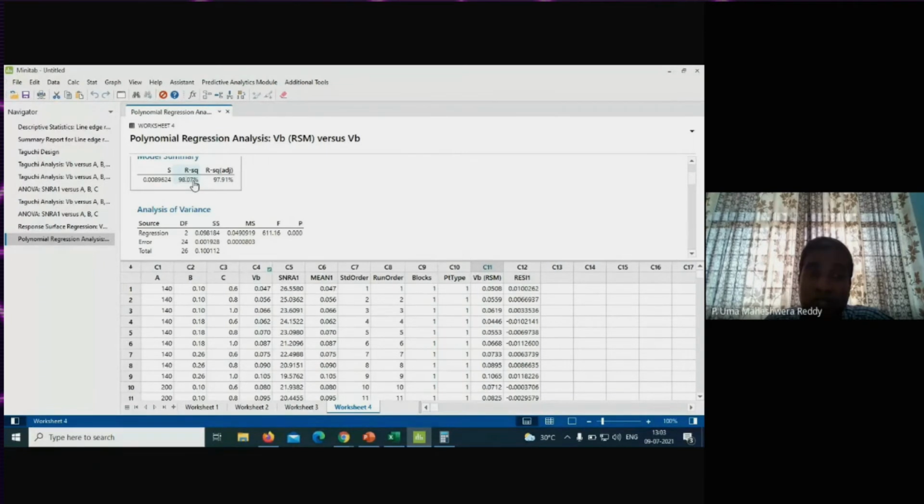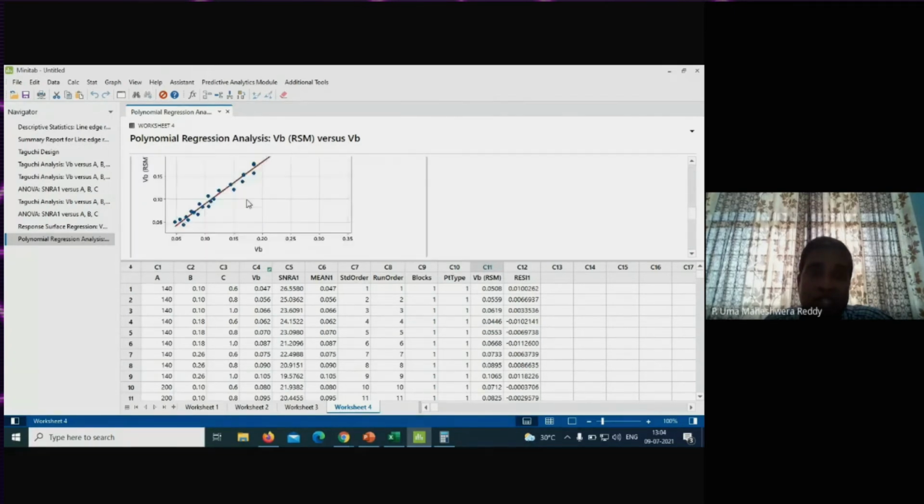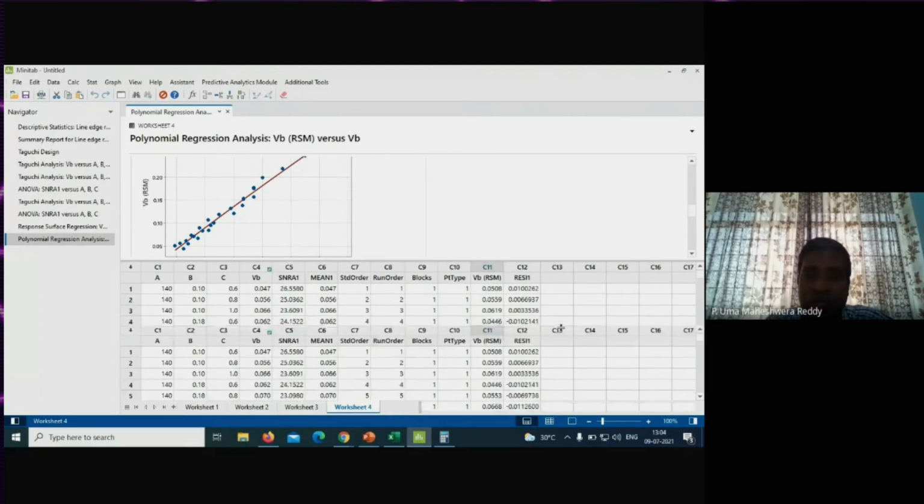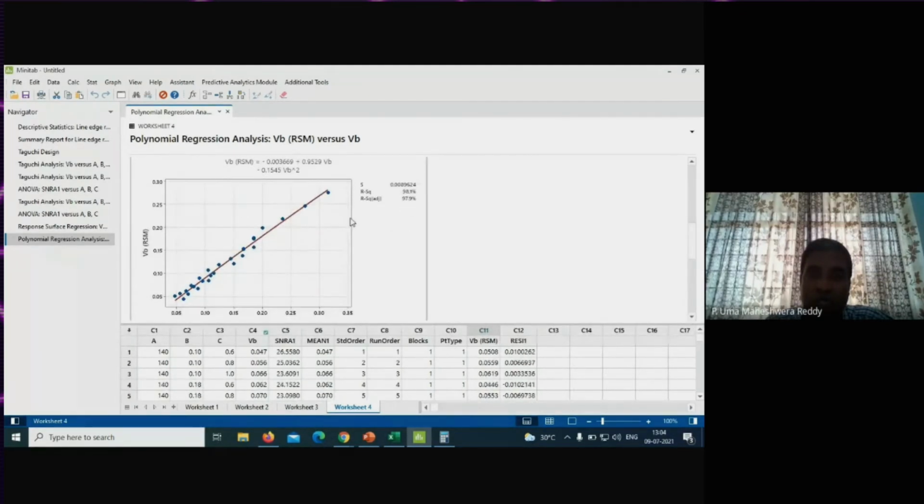That means the correlation is very, very strong. The strength of the relationship you can define using this R square value. Correlation coefficient is very, very high. So the value which is close to 1 means you have 100% correlation. So 98.07 by 100 is 0.98, which is close to 1. So now you can see the relation here from this graph. So this is the graph you require for your conclusion now.